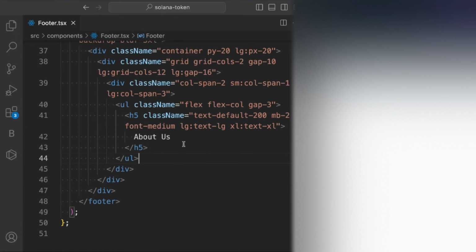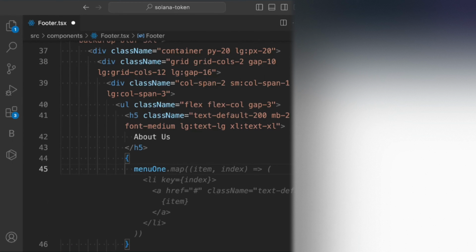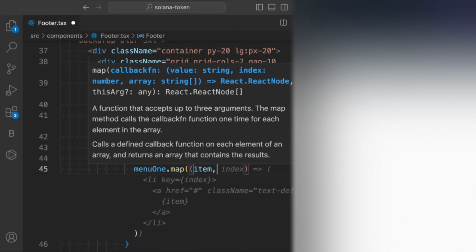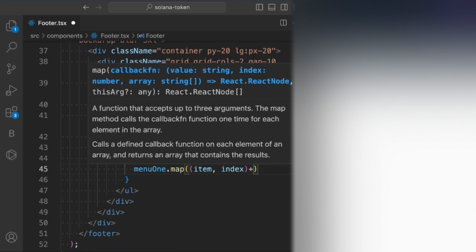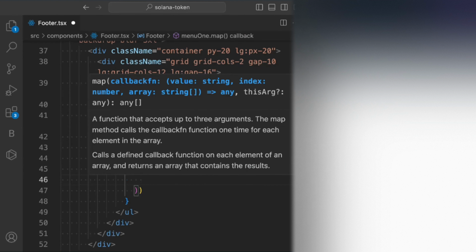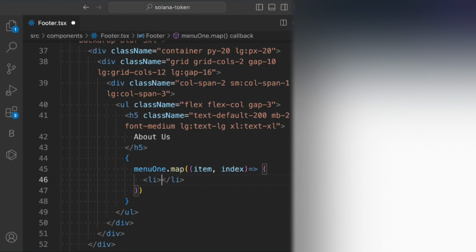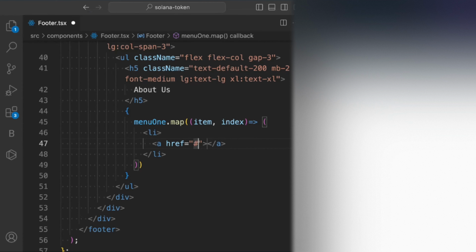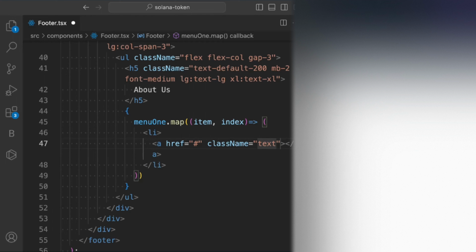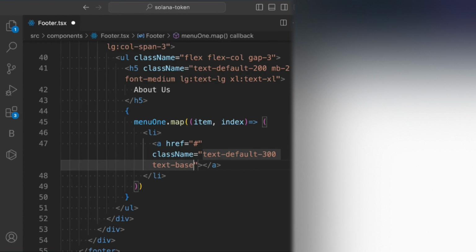Now we can come back here and we can simply render our first set of menu. I'll take menu and we'll take the item, index, we have to make it an instant return. Inside that we'll take our li tag, it will have the anchor, and you can simply redirect to anywhere you want. Let's assign the classes. I'll say text default 300, text base,